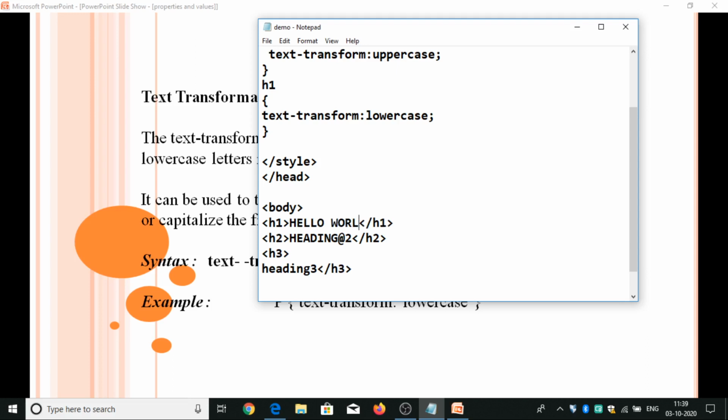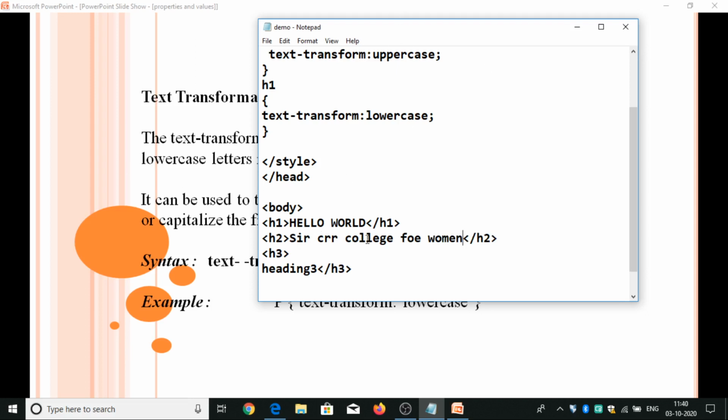Hello world. Here for text 2 I have taken uppercase.